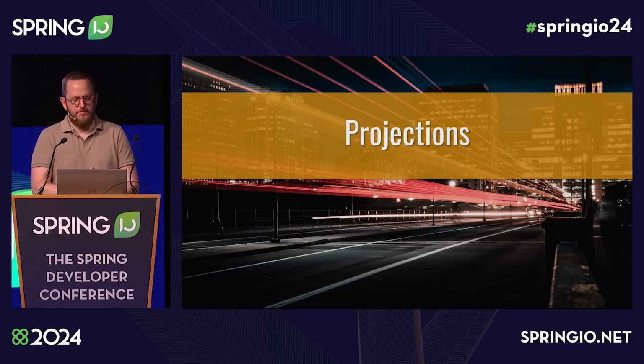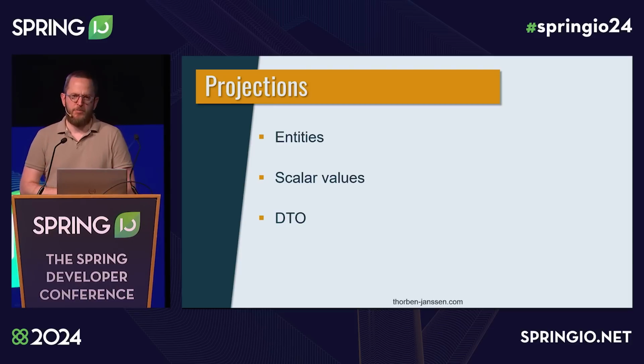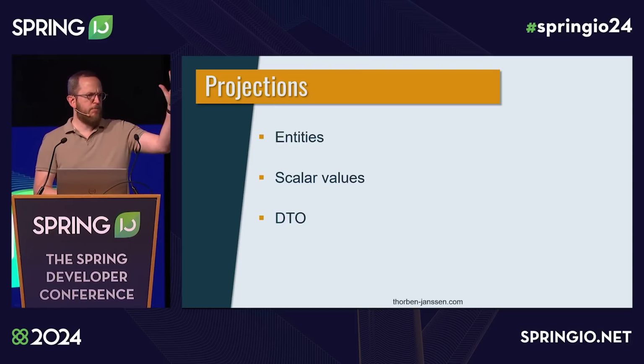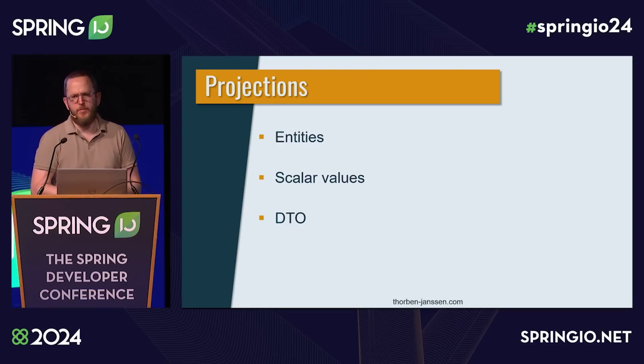Another thing I want to show are projections. And that is something where we have a mix between the stuff that the JPA spec and Hibernate provide us and a few quirks in Spring Data JPA. So in general, there are 3 projections: entities, scalar values, and DTOs. Well, entities, obviously, right? We modeled entities to map our database tables, and they are a great fit every time we want to change data, because there's all this lifecycle handling,